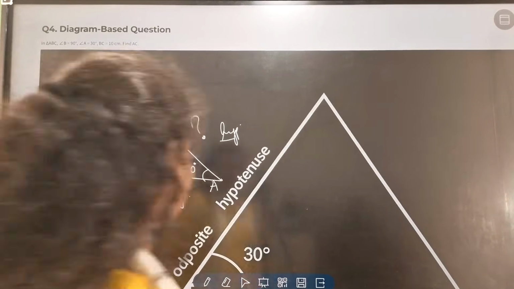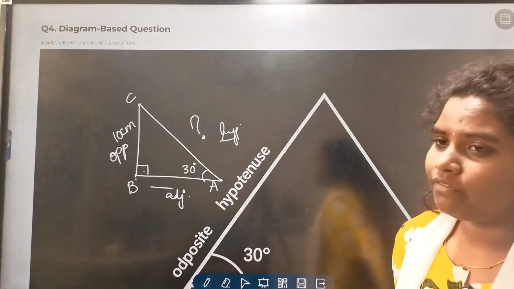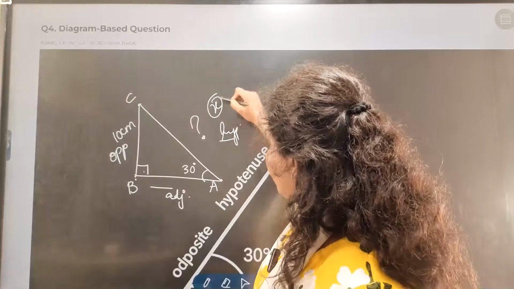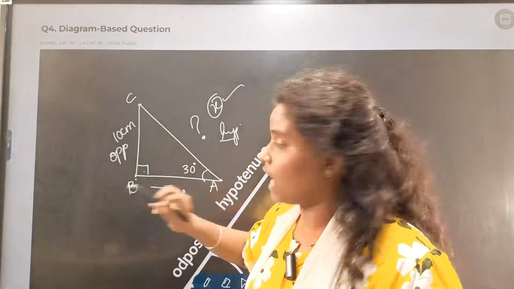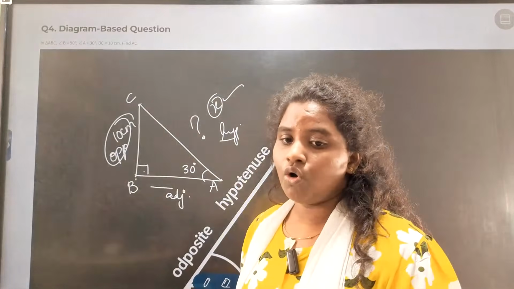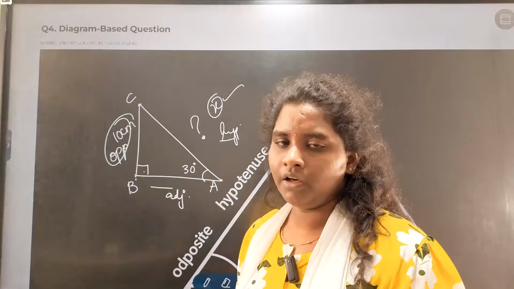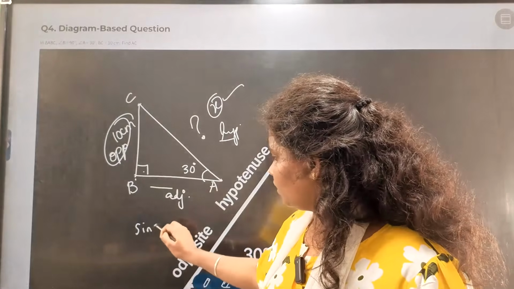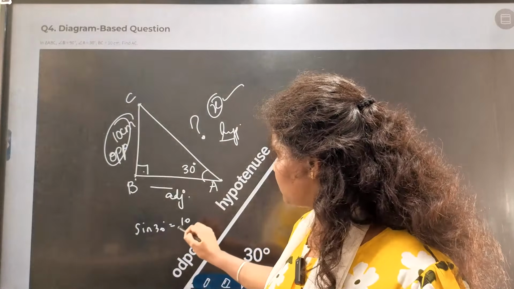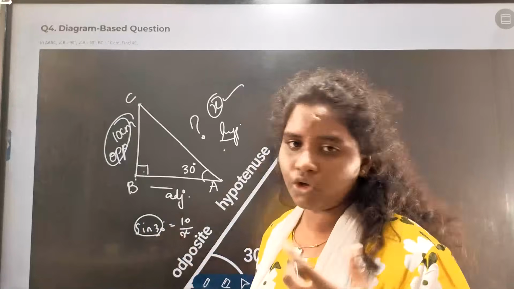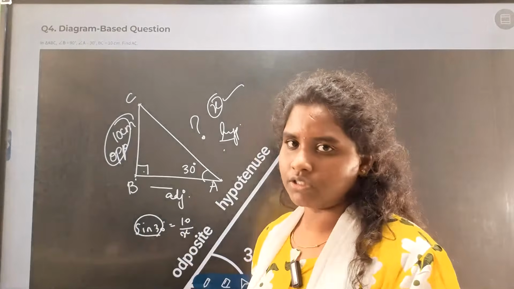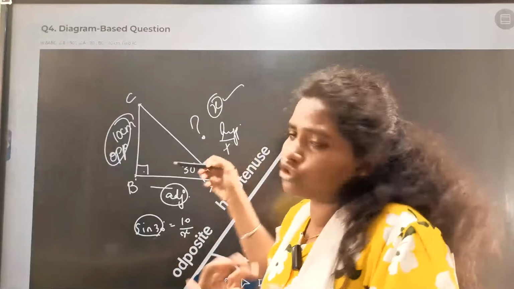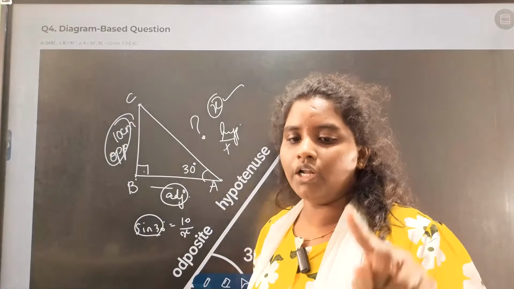Okay, I will explain. See, why we have to take sine alone: here we have to find the hypotenuse value x, right? And the known value is the opposite side. So from the known value we find the unknown, the hypotenuse. If I take sine 30, which is equal to O by H, it's 10 by x. Sine 30 value, you know, right? If you take cos 30, here we don't know the adjacent, and we don't know the hypotenuse either. So in this case, we have to use only sine.